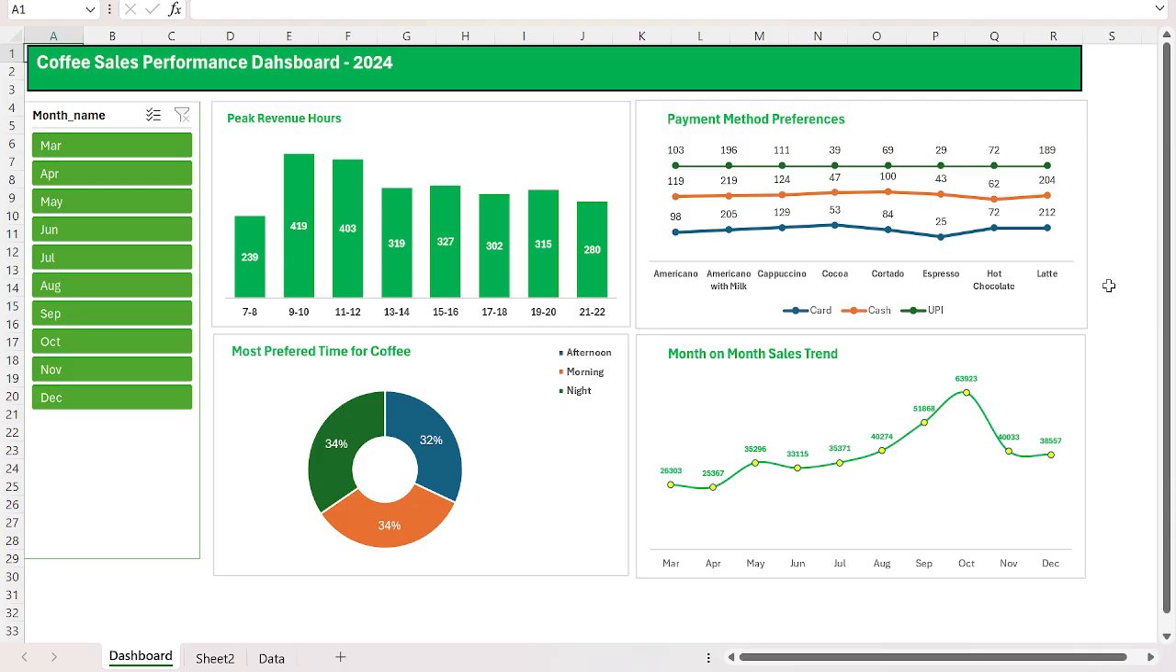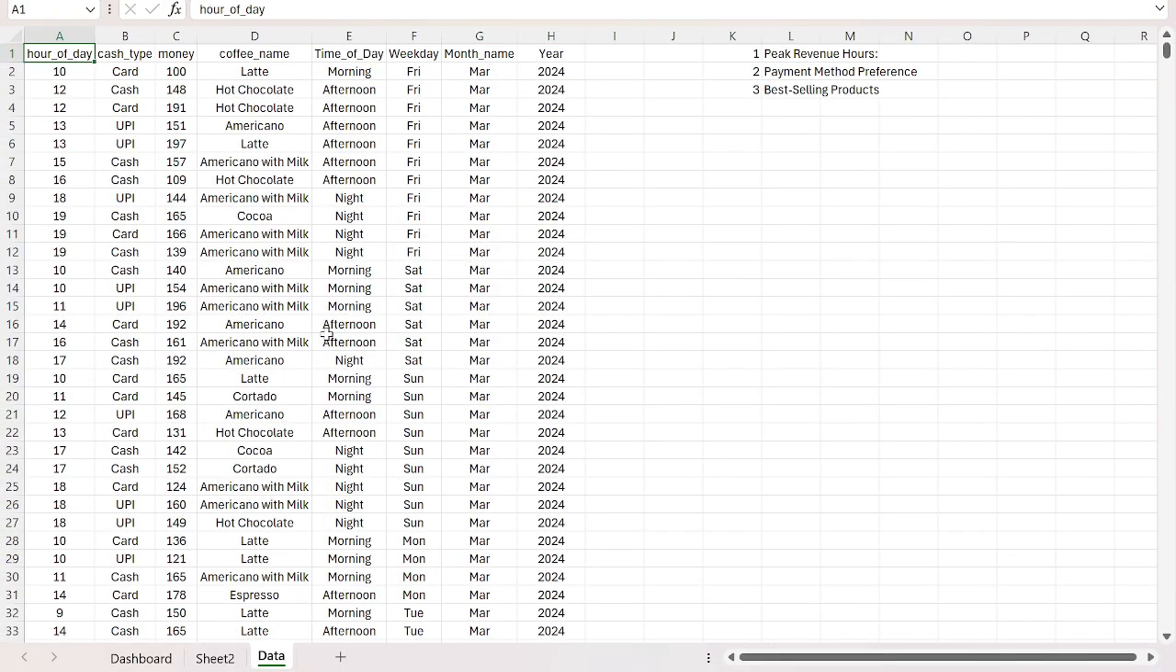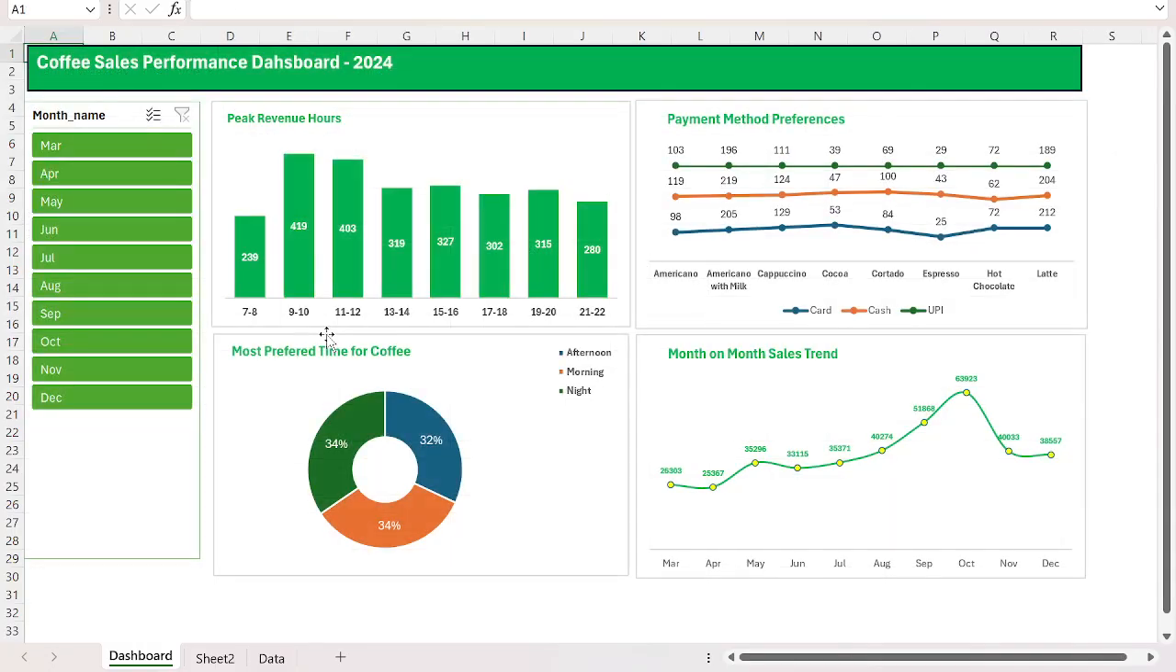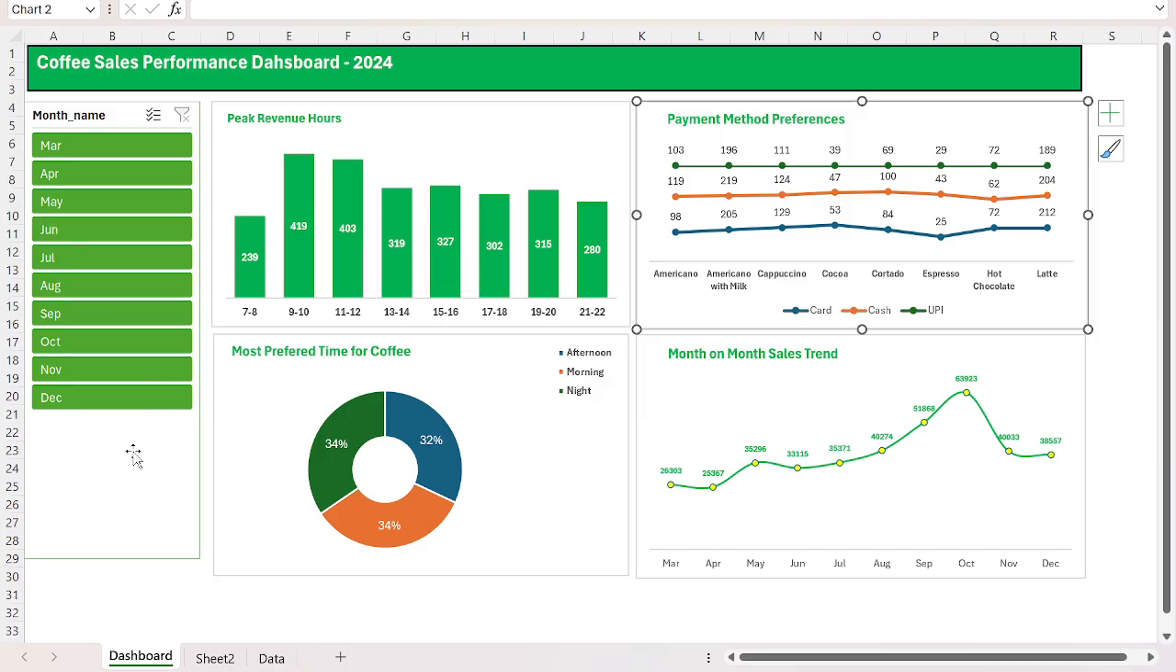In today's video, we are going to create this beautiful dashboard in Excel itself. Let me give you a little background of this dashboard. This dashboard is based on coffee sales data, and we have a data set here with some information about the revenue and the sales, and month on month data. After that, I created this beautiful chart dashboard, and here I'm controlling everything with this slicer, which is